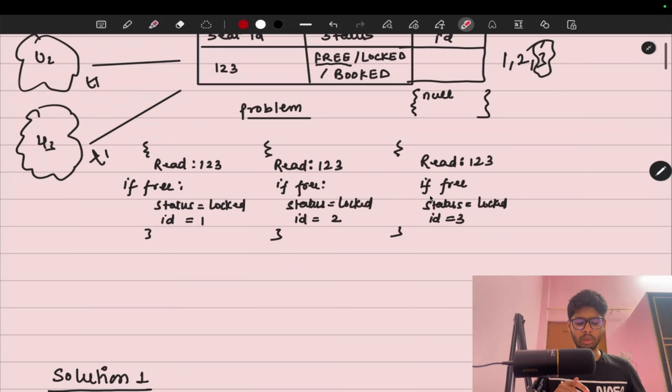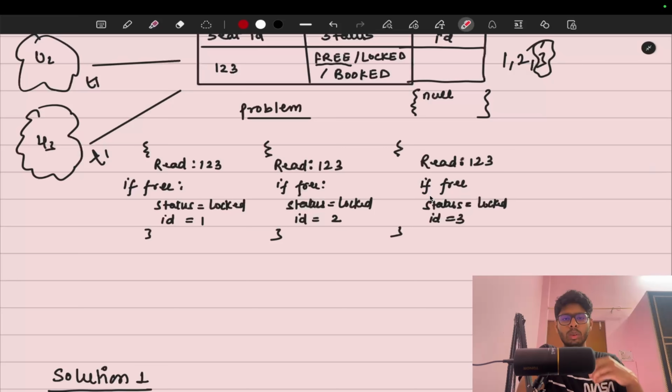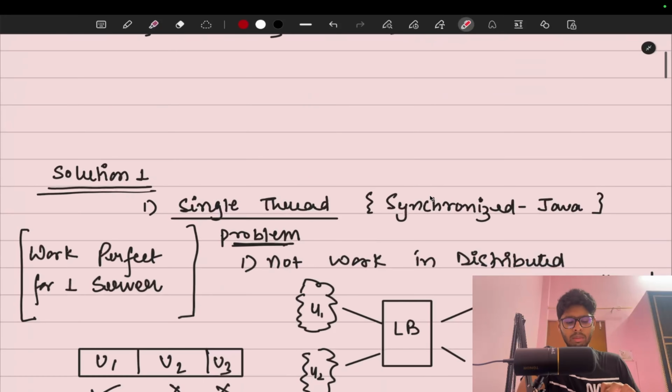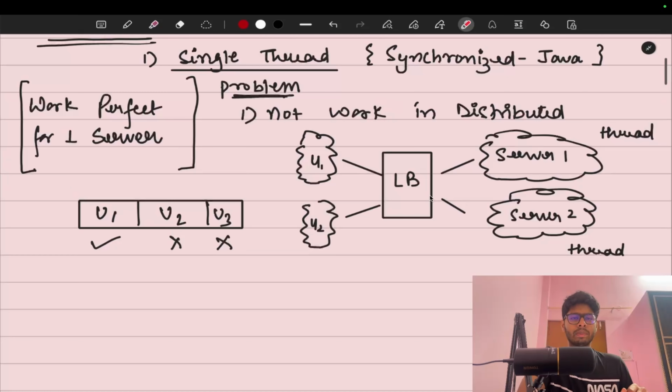Because user 2 will not get the status equals to free; it will get the status equals to locked. Hence we will not perform any action for user 2 and user 3. Previously we were getting wrong, corrupted data and our transactions were affected. This time we are getting the right data. But